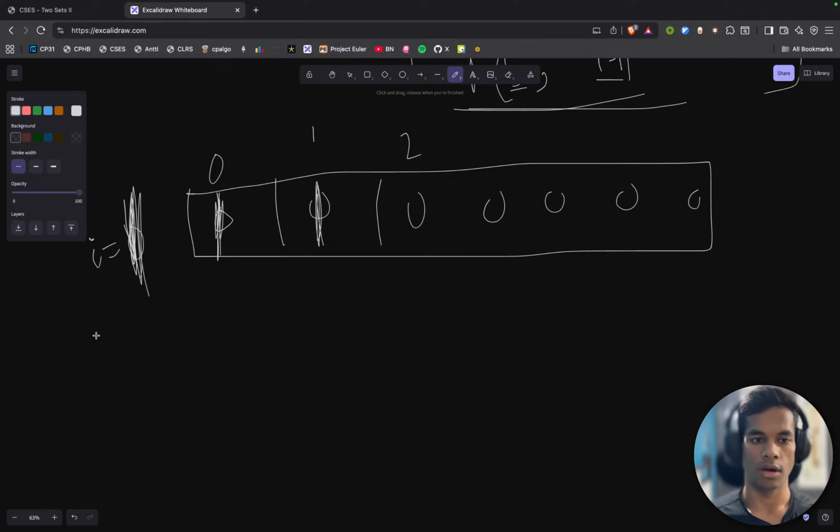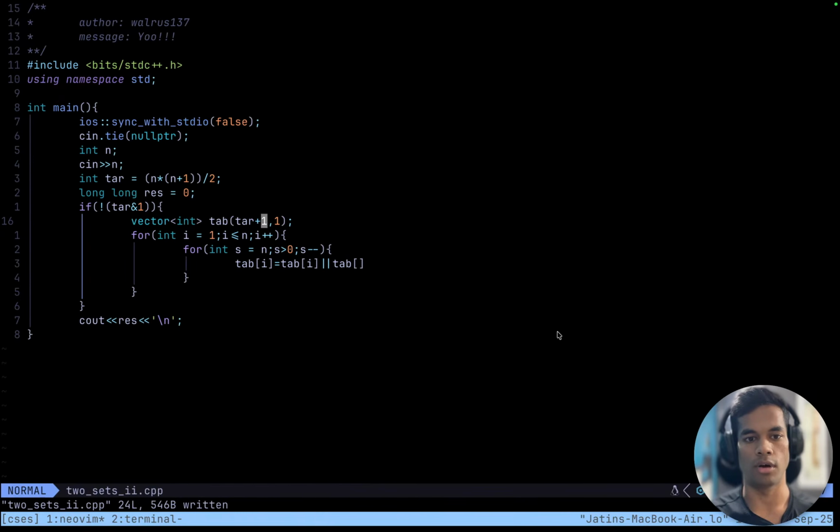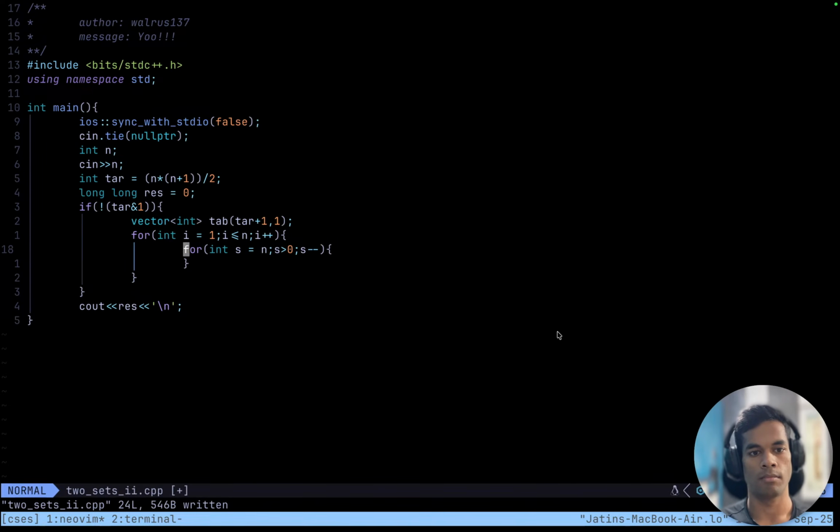And then when we are at i equals 2, when we are using the first 2 coins, and when we have a sum... shit, this is not or, this is going to take addition of the last thing. Yep, tab i or